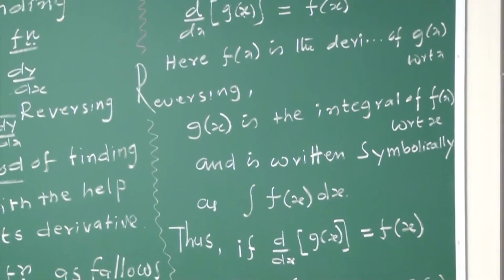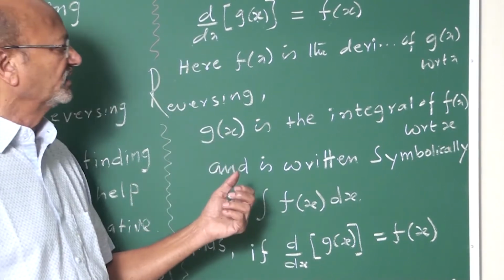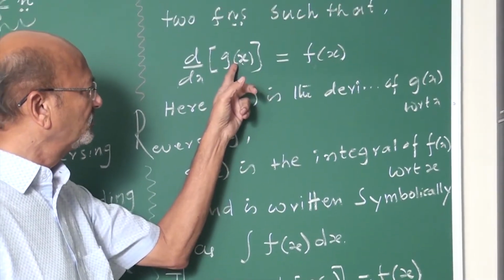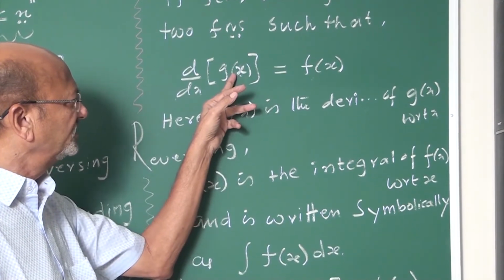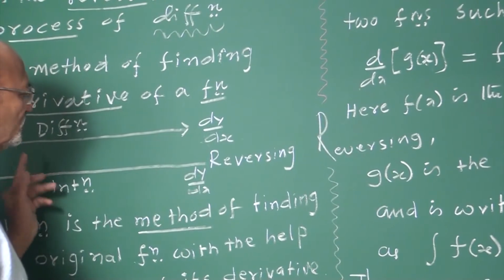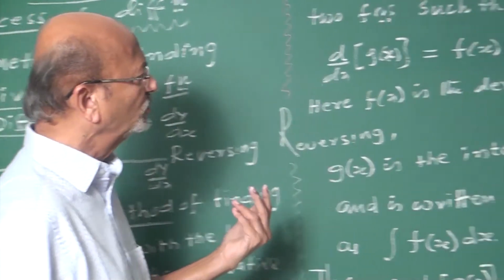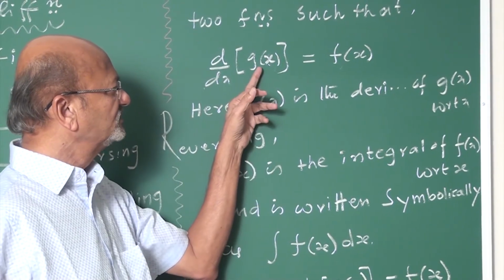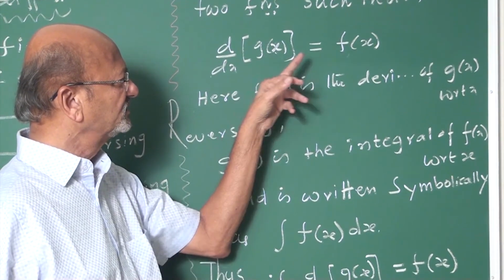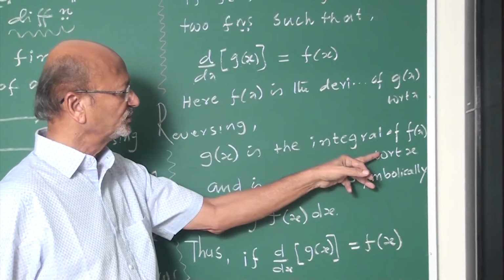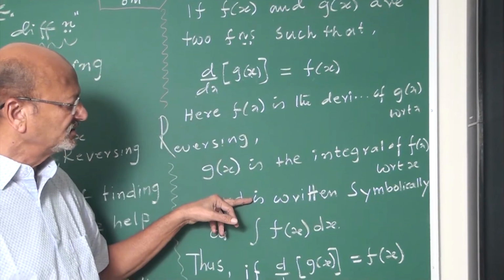Now you reverse it. Reversing this, f(x) is the derivative of g(x). g(x) is, by the definition, what is the definition? The reverse process is integration. You are doing the reversing. g(x) is the integral of f(x) with respect to x, and is written symbolically as,